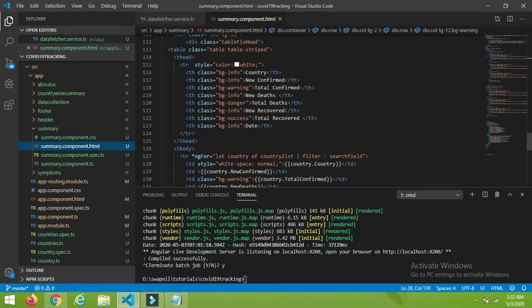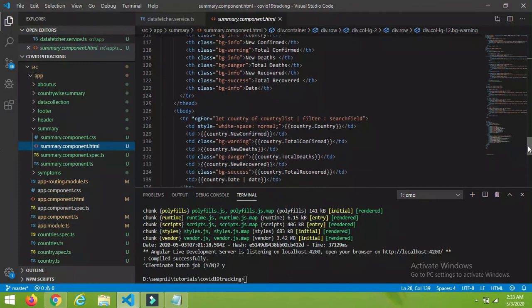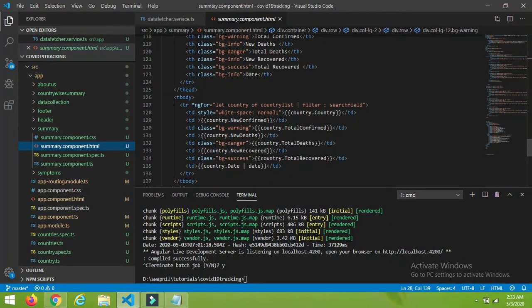So we have written let country of country list. So each record will be considered as a country, right? I will explain what this pipe filter is. After that I have iterated this tr for all the entries contained in the country list. Near about 246 country records will be in the country list.